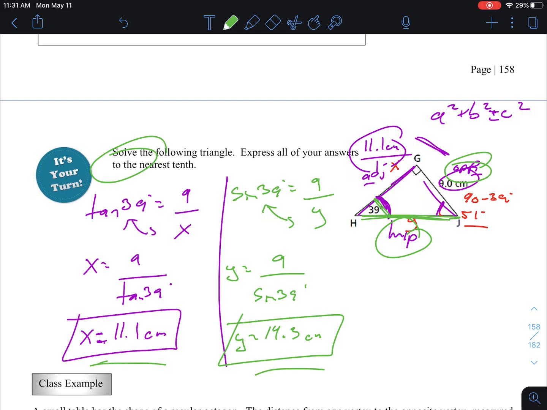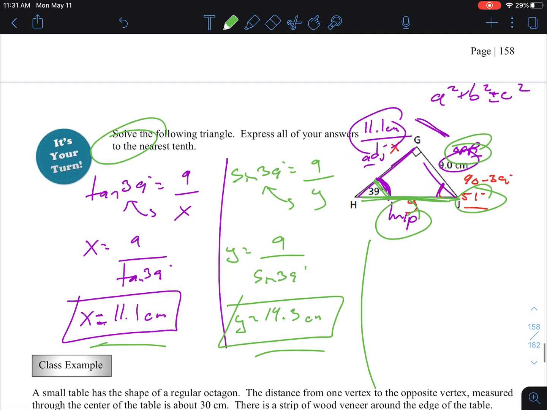So here's my two unknown sides. I only had one unknown angle that I got quickly. But yeah, there you go, done, right? So solved. Now again, if you really want to get fancy, you can check and see,